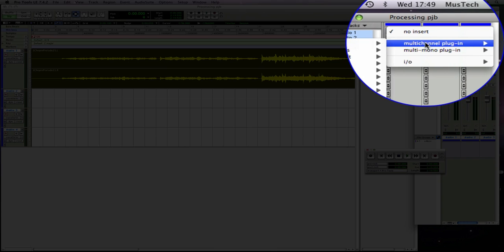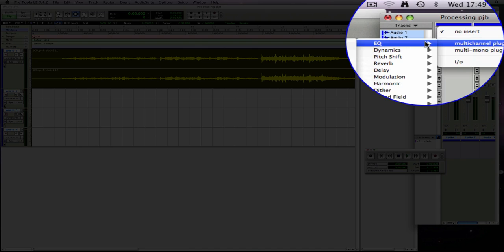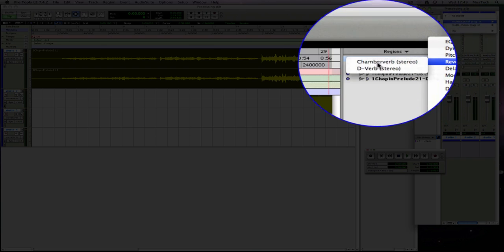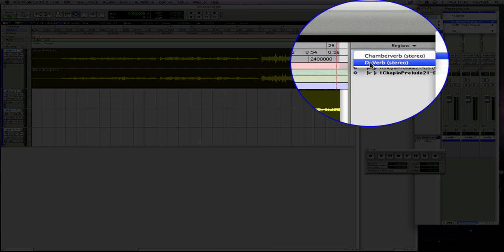But again, most of the time when you're working in stereo, that's really not going to be an issue to you, so you could choose multi-channel plugin, and you'll notice that, as I said before, most of the effects from the audio suite are duplicated in the inserts menu. So here again, I could choose to apply reverb, so I'm going to choose deverb from here,